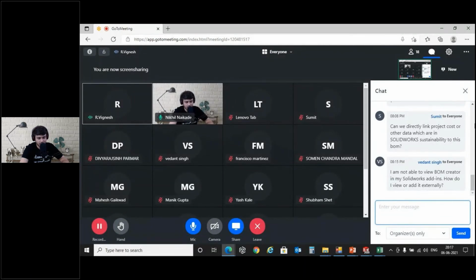We already understand that this is the material I need to get manufactured in my organization, what the items are, and what the individual cost of the machine or individual material is. That's what we are talking about here. Have I answered your question, Sumit?